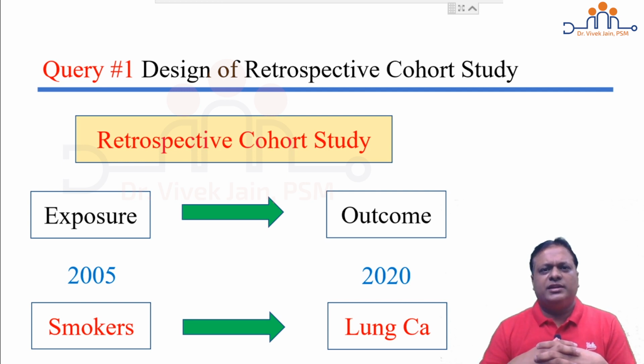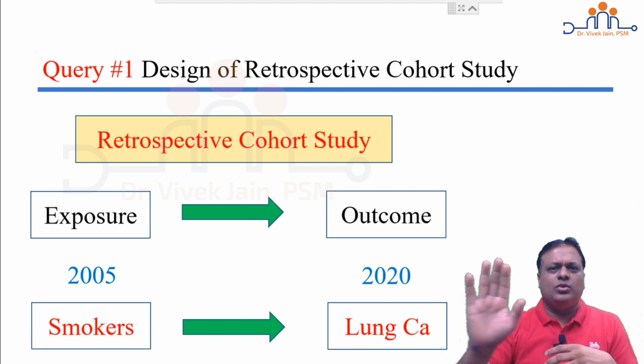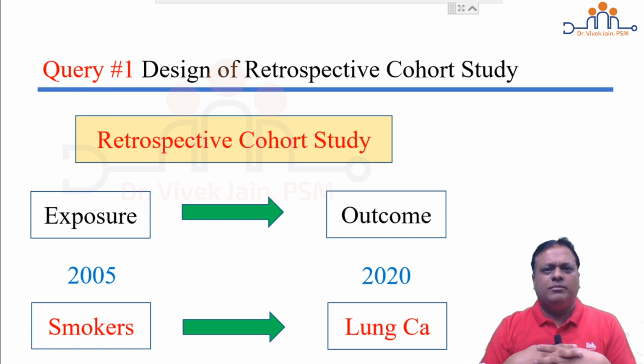So friends, try to understand the design. I'll again summarize. First I go back 15 years, find out exposed and non-exposed people by looking at hospital or medical college records or university records. And among those exposed and non-exposed people, now I come in the front time, that is till today, and find out how many of them have developed the disease. This way, I am not wasting 15 years of my life. So it is a very fast study. Plus, I am still going from exposure to outcome in a forward direction.